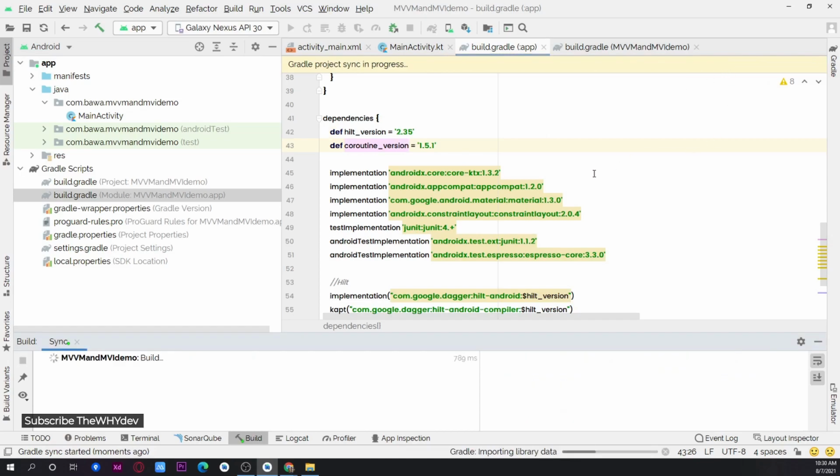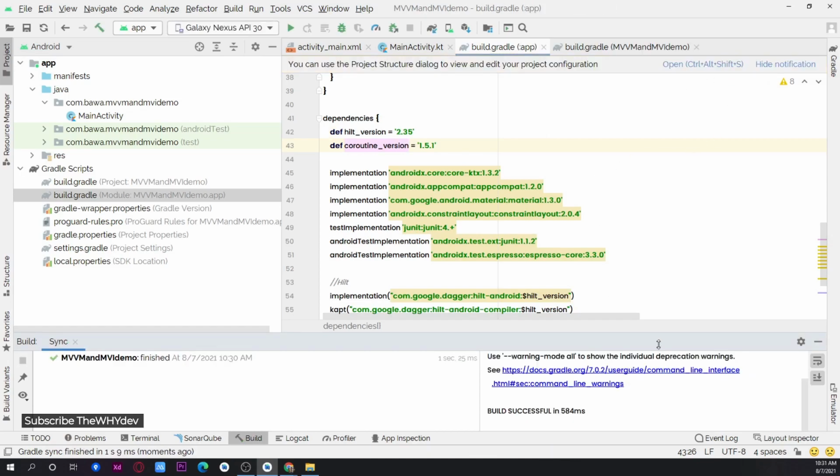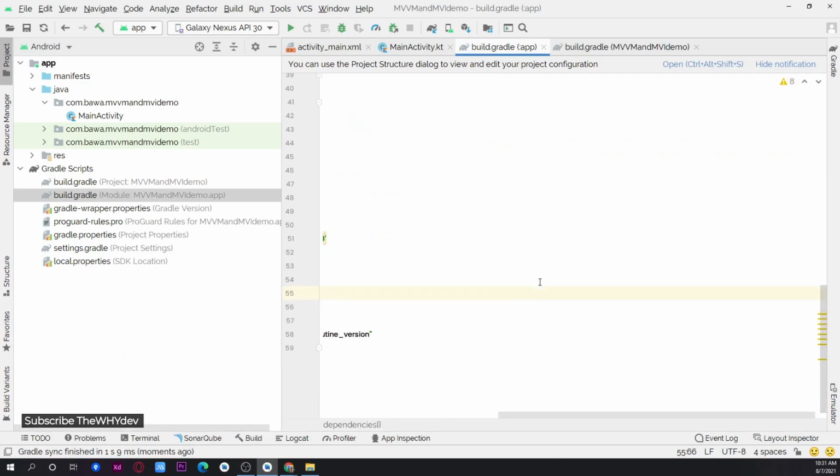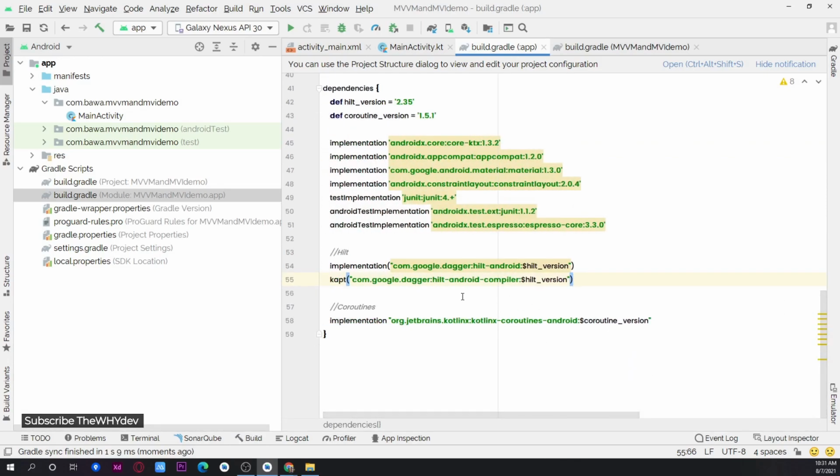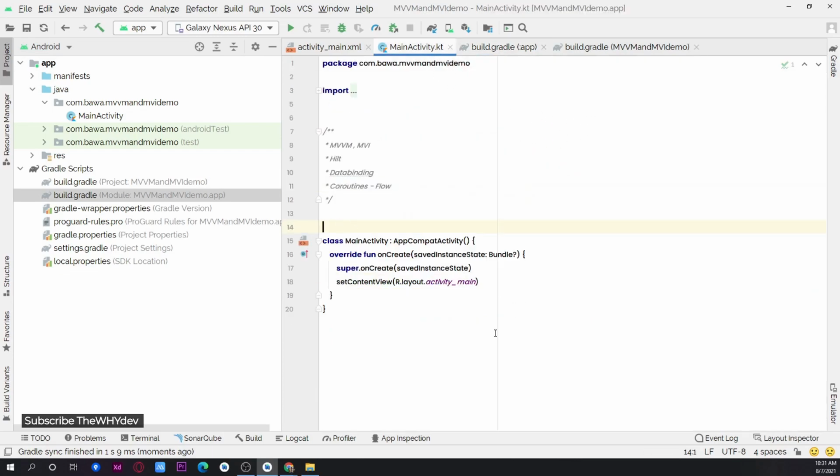Okay, that should do it for us. All right, we have added all the dependencies that are required. Hilt and coroutines. We might also need to add lifecycle Android and activity lifecycle dependencies. That we'll do later when required. All right. Okay. So basically,